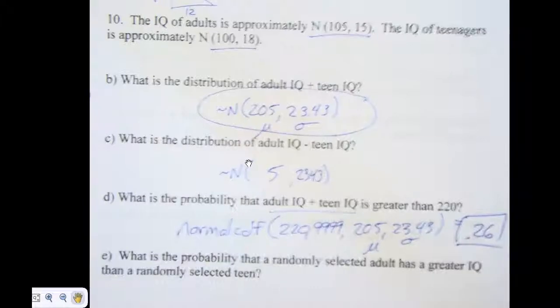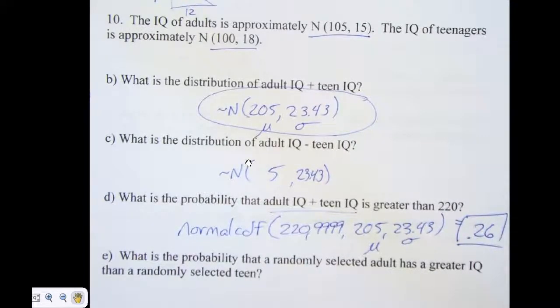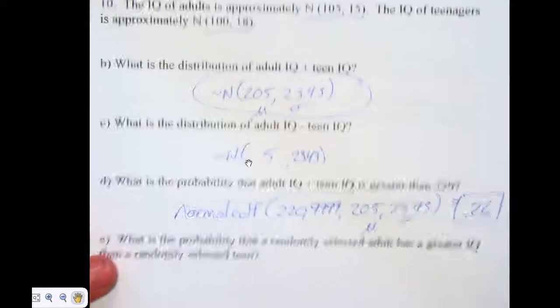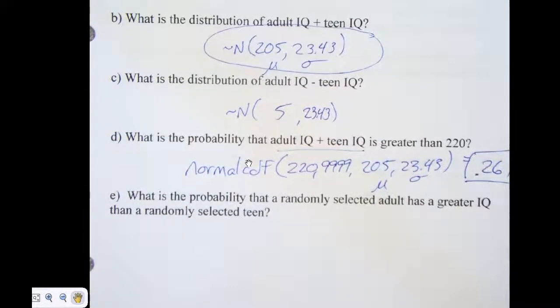All right, E is the hard one. E is the one where usually people are like, yeah, this is fine, this is great, this is easy. What the hell is this? So E is the what the hell is going on. So what's the probability a randomly selected adult has a greater IQ than a randomly selected teen? Well, if I want to look at two IQs, okay,